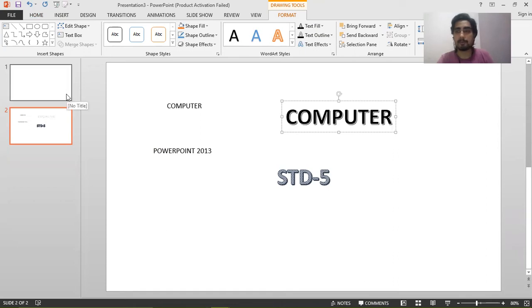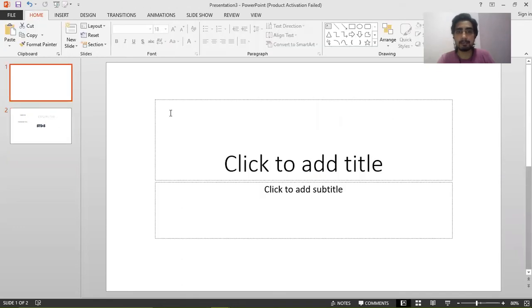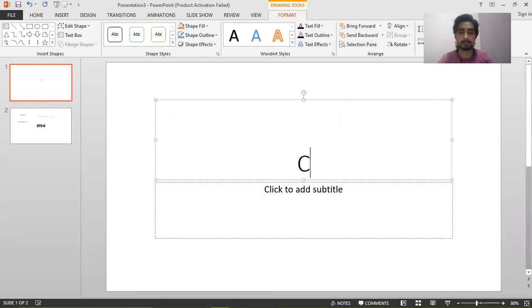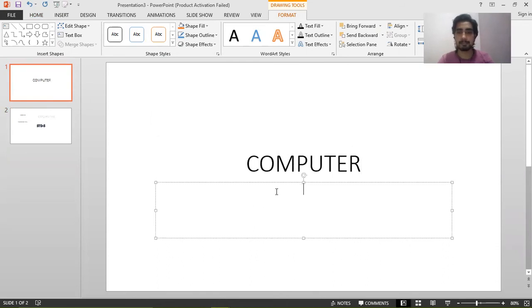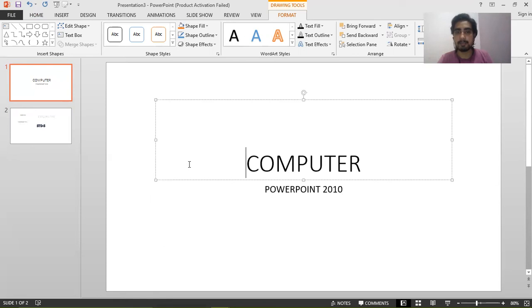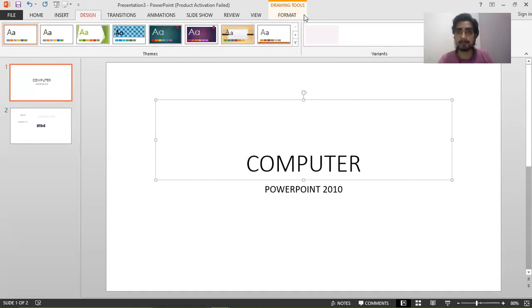Now the next topic of today is how to change the font color or text color. In this slide, let's insert some text first, and in the second placeholder also. So now we have some text on our slide. Now suppose you want the text color of this slide to be different. In the previous chapter, we have learned how to change the background color. So let's change the background color of this slide